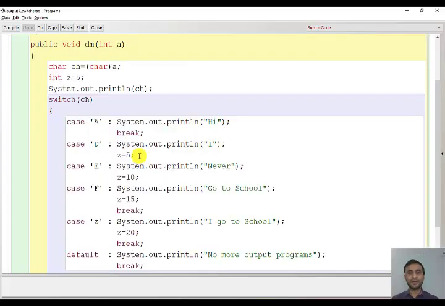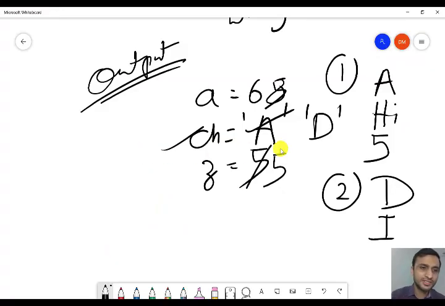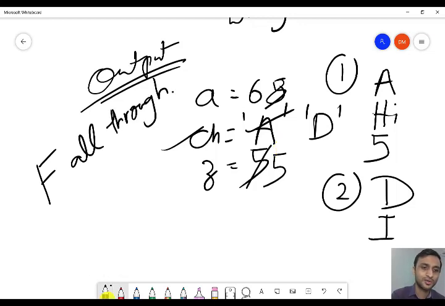Then can you see I have not written break here? So is this an error? Is this a mistake in syntax? Let us check. If you compile, will it show a syntax error? It is saying there is no syntax error. So what is this? This is called fall through.